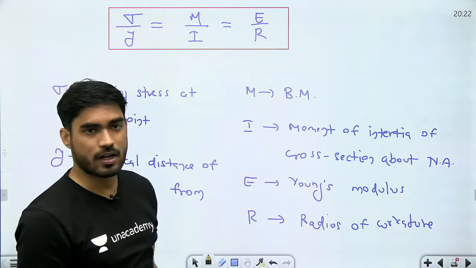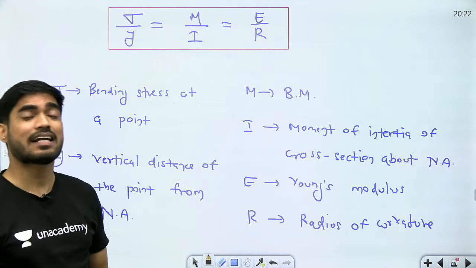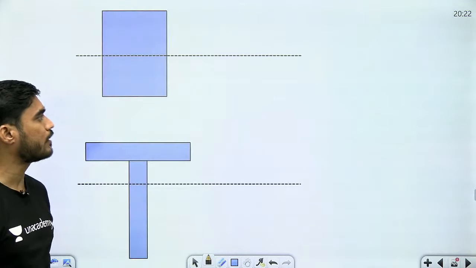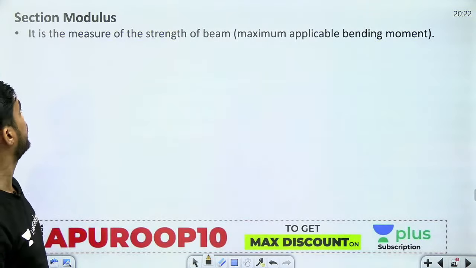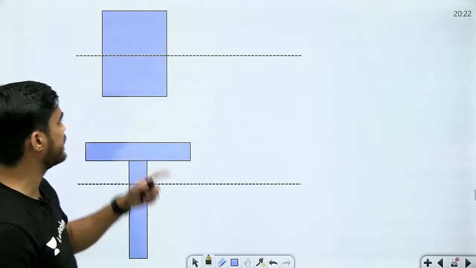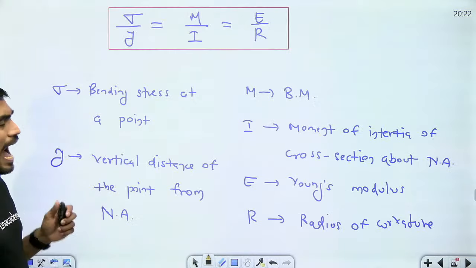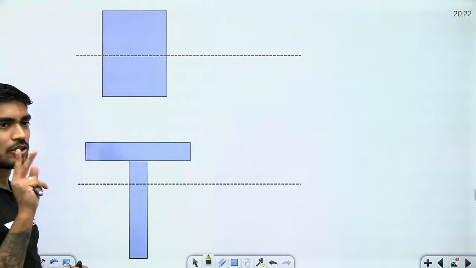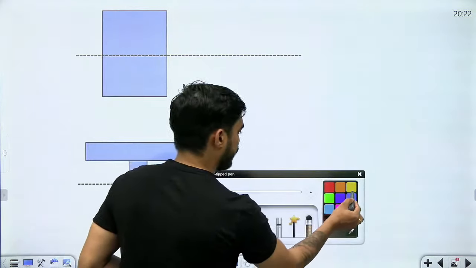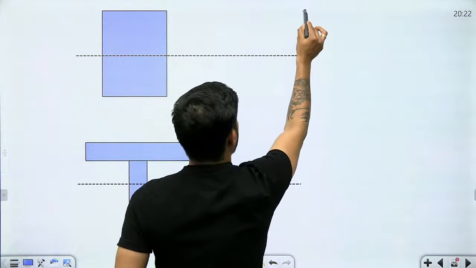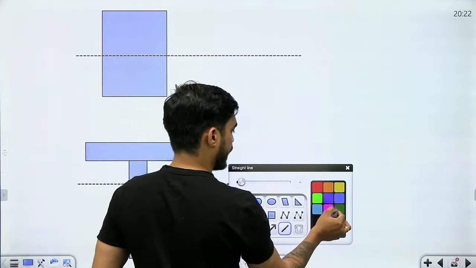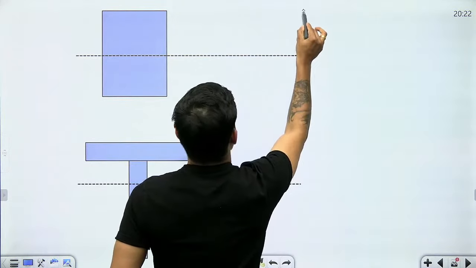Okay, all right. Now बेटा, there are certain other parameters which you need to understand. ठीक है, जिनमें से एक बहुत इंपॉर्टेंट पैरामीटर है सेक्शन मॉड्यूलस. Now before I explain section modulus, let's understand how the beam is going to bend. Okay, so there are two conditions which you will see. The first condition that you will see is when the cross section is symmetric. जो पहली कंडीशन आपको देखने को मिलेगी वो होगी जब क्रॉस सेक्शन आपको सिमेट्रिक मिलेगा.